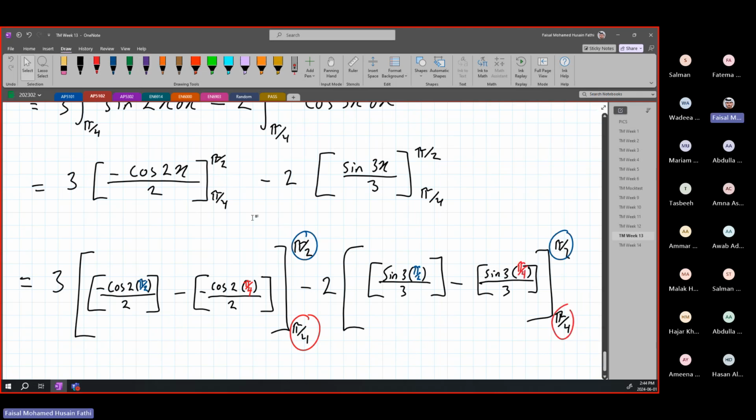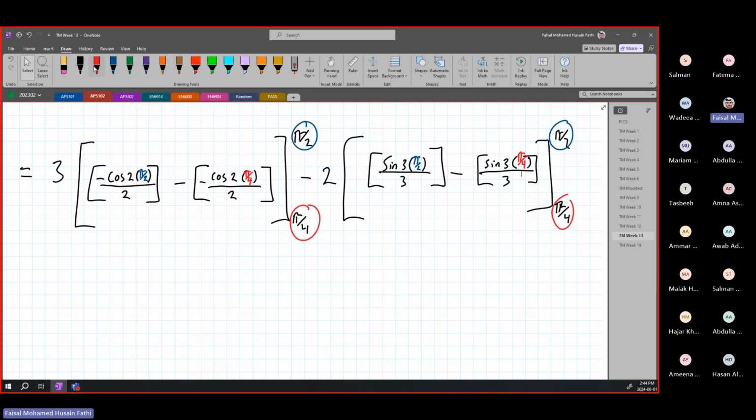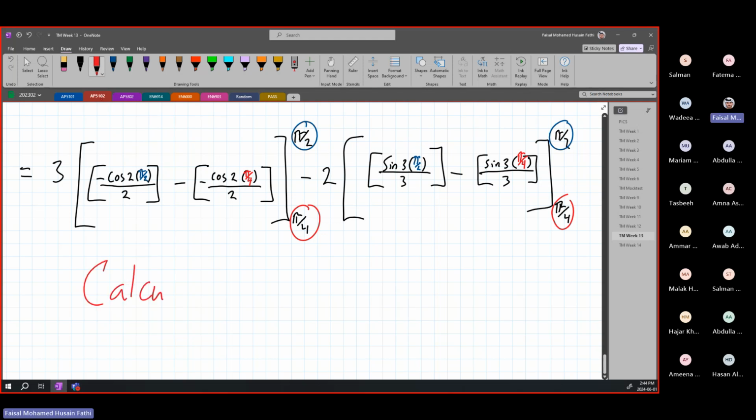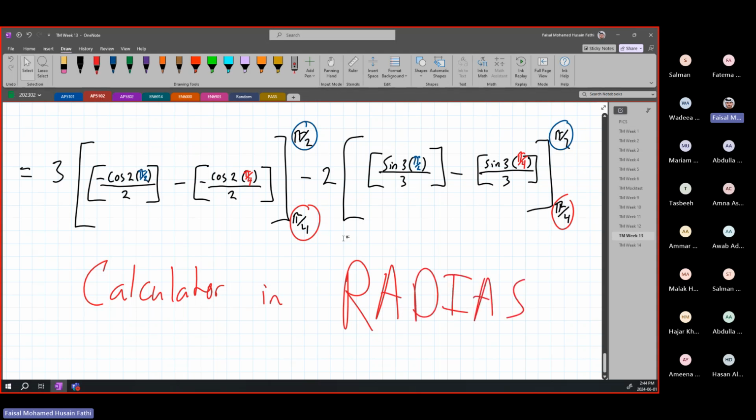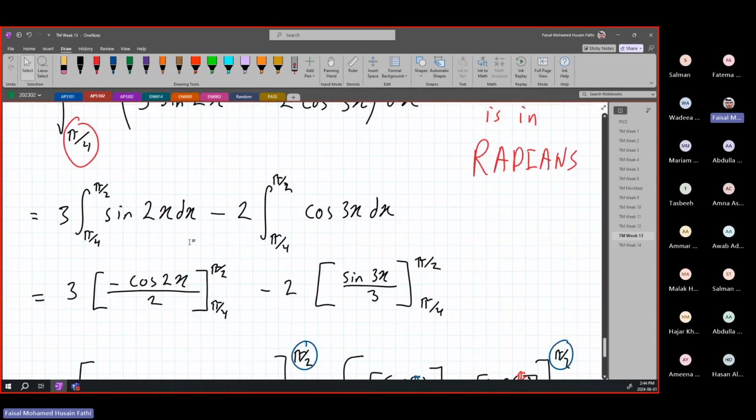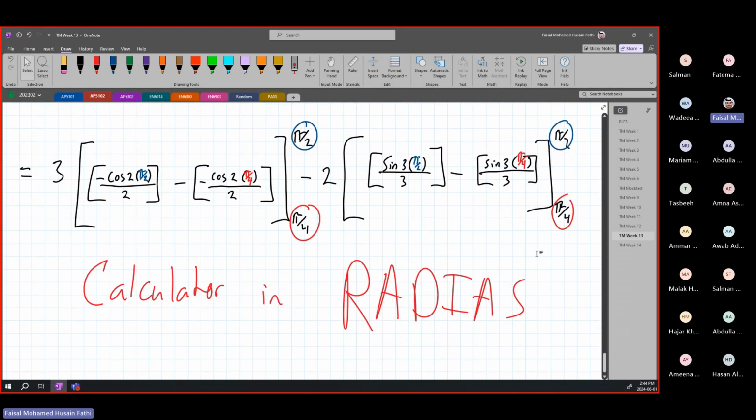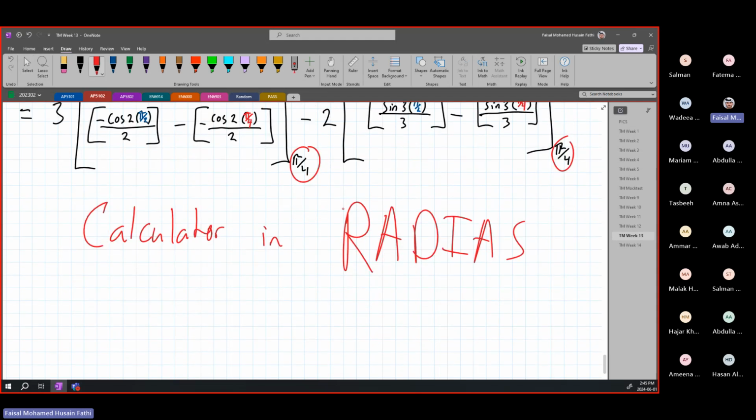Okay? Plug this all into your calculator, and again, I have to state this again. Make sure calculator is in radians. All right? Make sure you are always doing your calculator in radians. All of the time when you are doing integration for sine and cosine for trigonometry, your calculator has to be in radians. So make sure that the calculator is in radians, then plug this entire equation in there. You're going to get that.